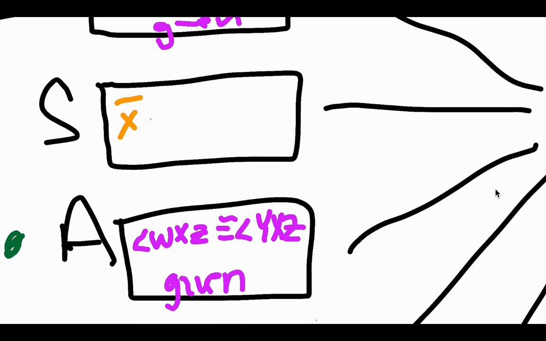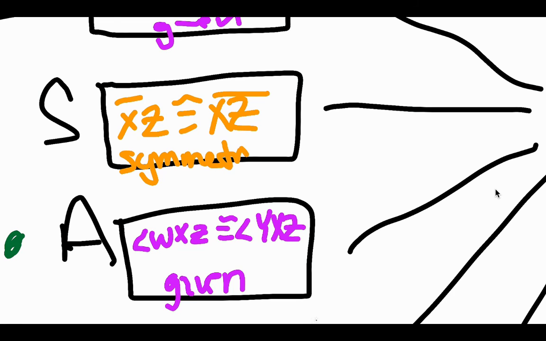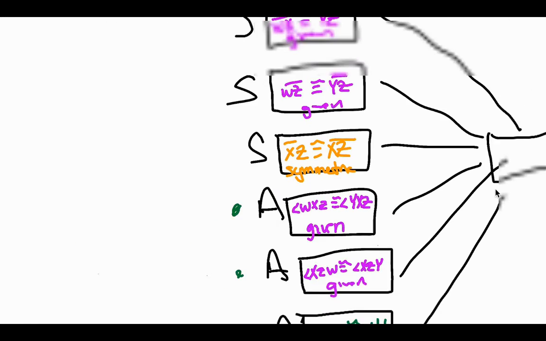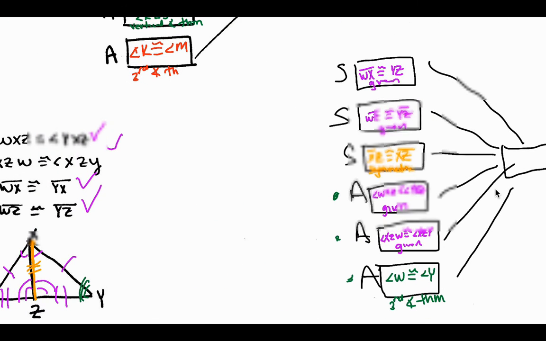XZ is congruent to XZ. And that reason is called the symmetric property. Symmetric property. That might be one you want to write down, and I'll definitely reassure that one over other videos. And so right here, we have three statements. We have side, side, side, angle, angle, angle. And so guess what? We can finish this off